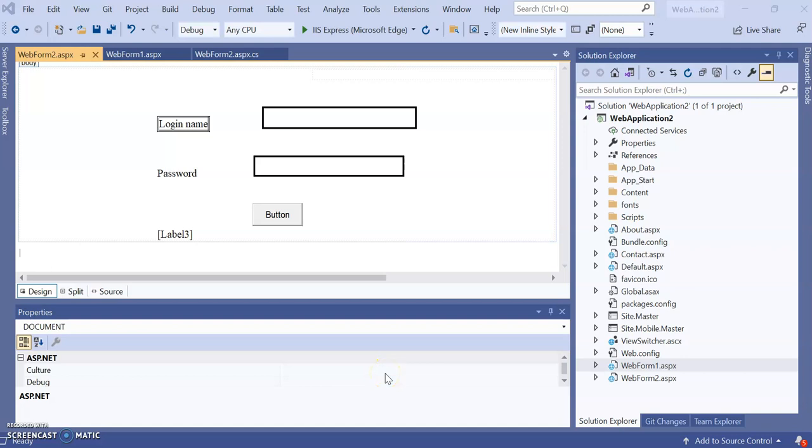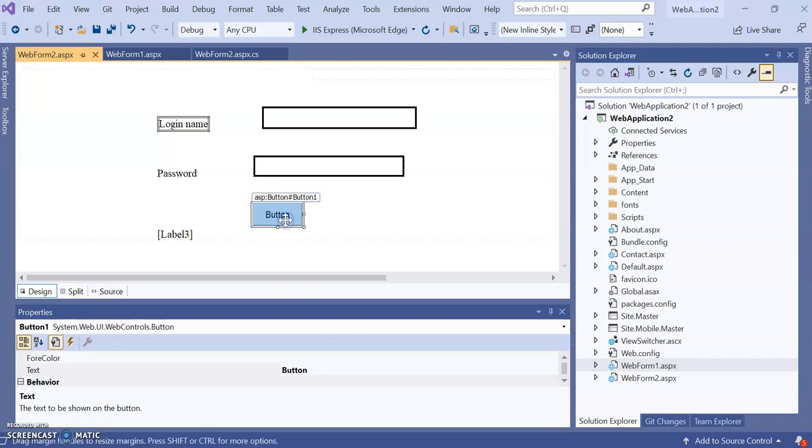Student, in this video we are going to learn the next web form control of ASP.NET, that is the button control. It is a very important web form control. With the help of the button control, we send the user input data to the server, and through the server we get the response, and that code will be written within this button click.